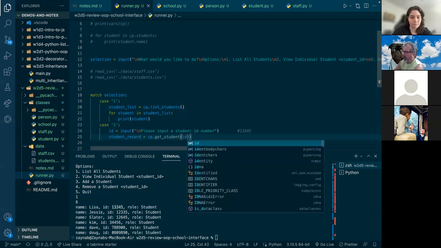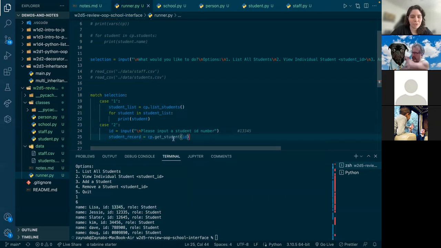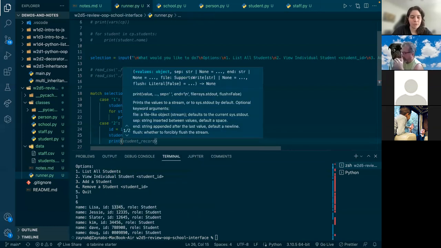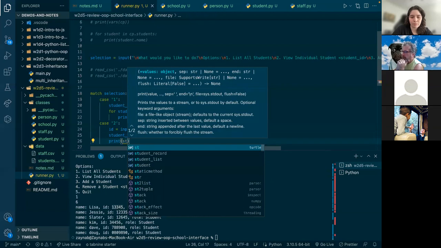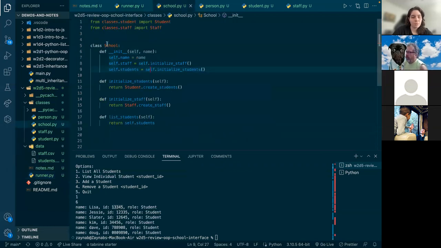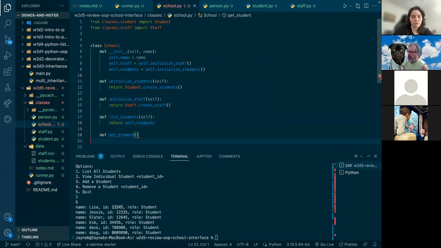Actually, yeah, I take it back about this. It's cool. That's pretty predictive. So the student record, and then we can just print student record. Okay, so this should be done here. All we have to do is implement the actual get student. So we'll go back to school. Here we can define get student, and then it will be self,